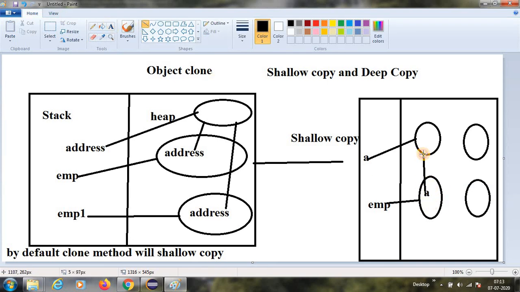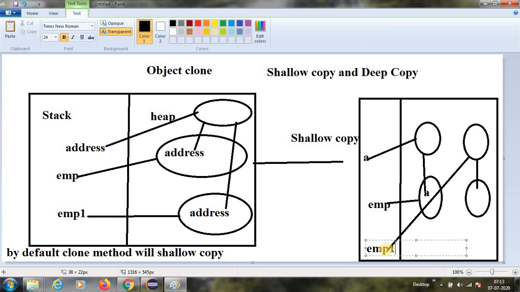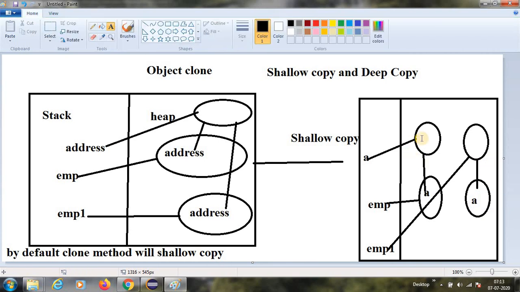In a similar way, we have address here, and we'll write EMP1, and here also address is there. This is pointing. So this is the original set.